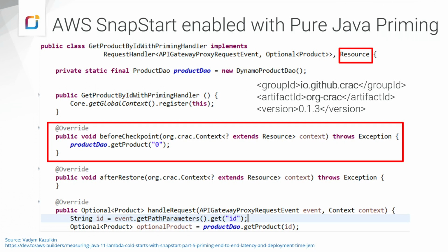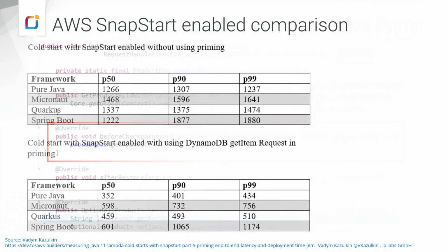And of course, not every application benefits from this. Not every application has something that is heavy, but this is what I calculated when I did this priming on this DynamoDB get item request. Above, there are values before priming, and below, values after priming. And now you see this pure Java without frameworks, I'm even better than GraalVM with that. You see 300, P99 is 434 milliseconds cold start. It's very good, and you see Spring Boot, Quarkus, and Micronaut